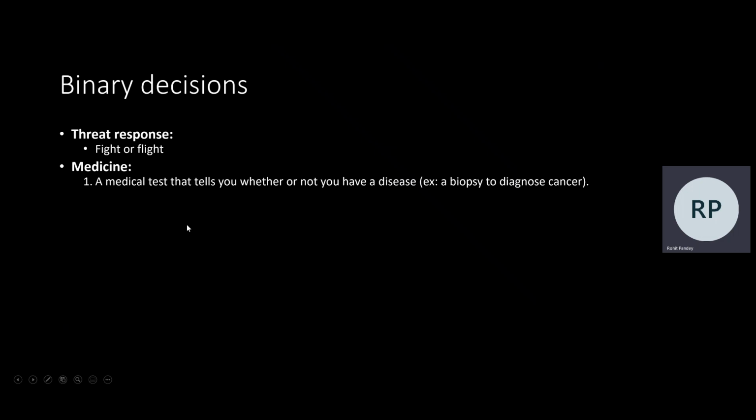In the more modern world, you have medicine. You have a medical test that tells you whether or not you have a disease. The doctor tells you, a disease, yes or no. Military data from a radar tells you whether there is a plane in your airspace, yes or no. And this is actually where the ROC, receiver operating characteristics, part comes from. The receiver is the radar.